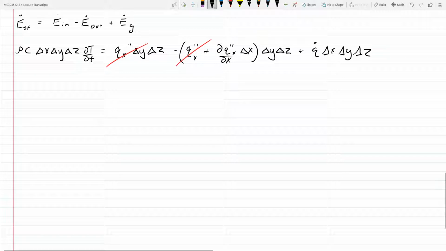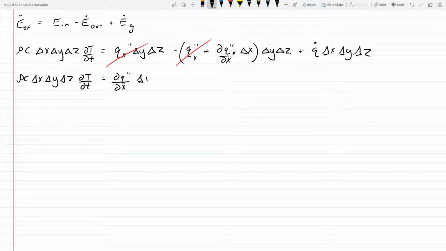And what we're left with then is rho c, delta x, delta y, delta z, partial T equal to